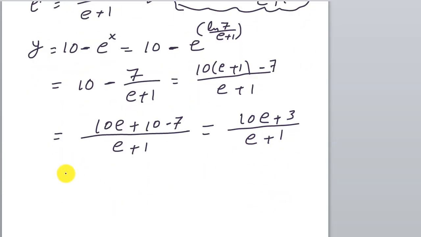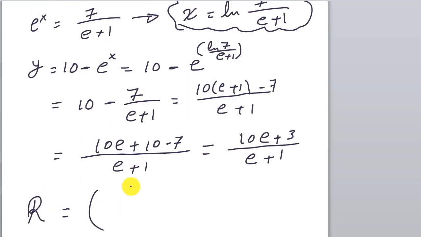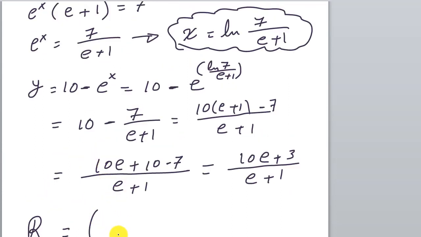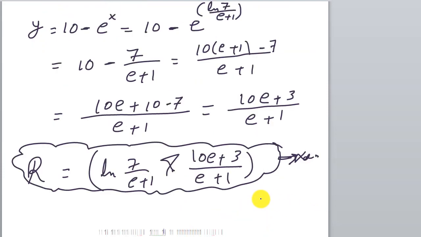So the coordinates are: x coordinate is equal to ln(7 divided by (e plus 1)), and the y coordinate (10e plus 3) divided by (e plus 1). This is the coordinates of the point R,